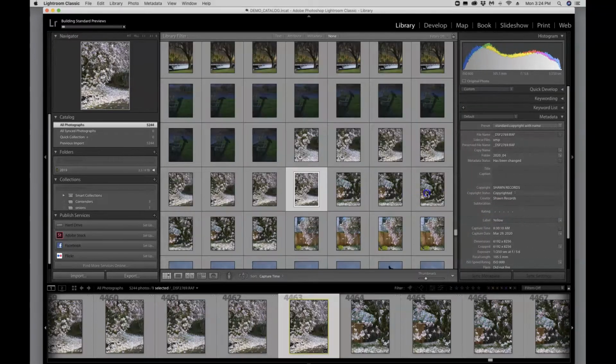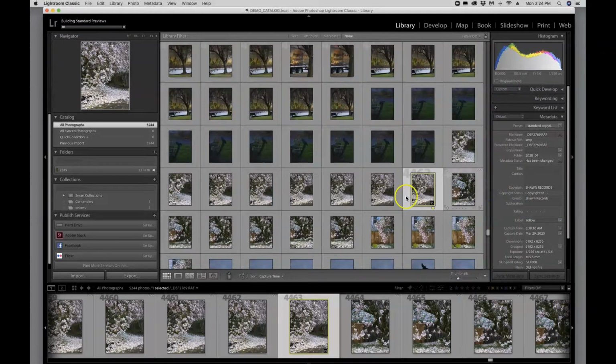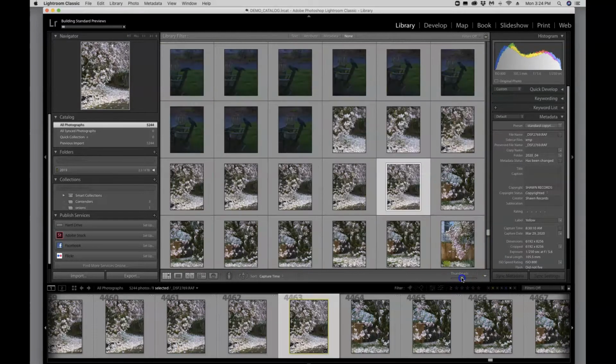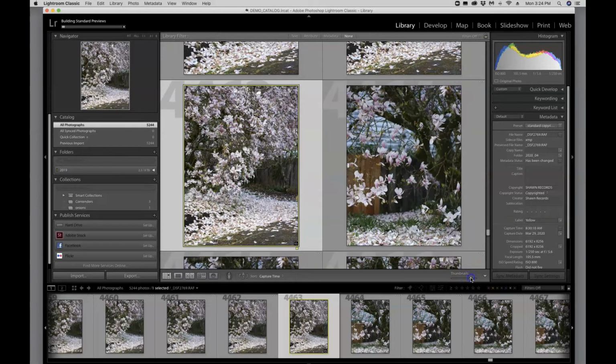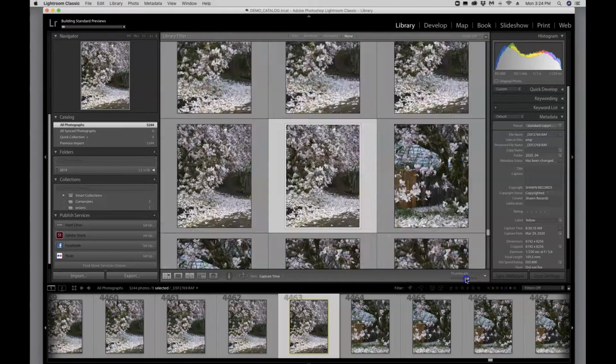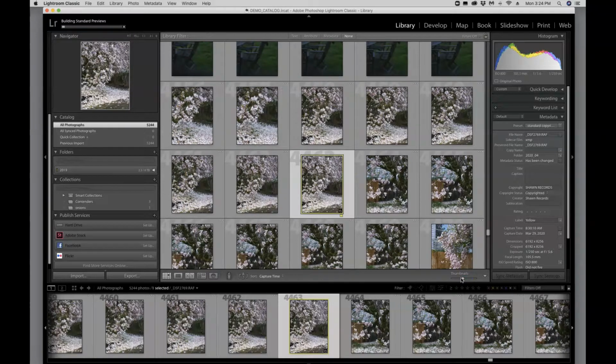You can also change the size of these panels, just like in Lightroom. One other thing, you can change the size of the thumbnails, okay? So if you need things to be larger, well, make them larger. There they are. Okay, I think that's pretty good. I'm going to go ahead and stop this one, and then we'll do one more about how to develop